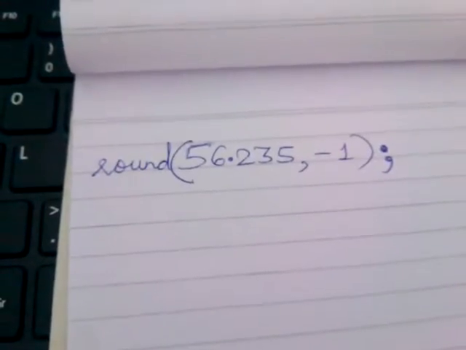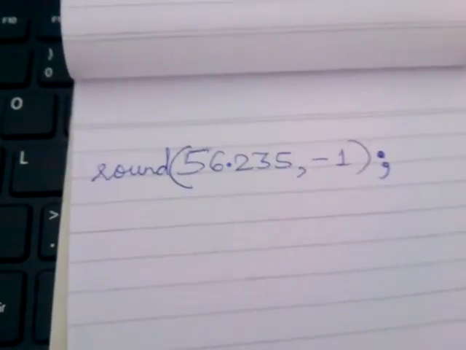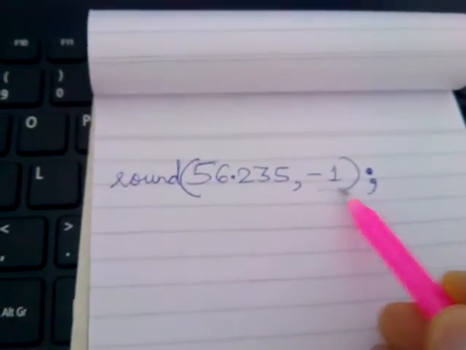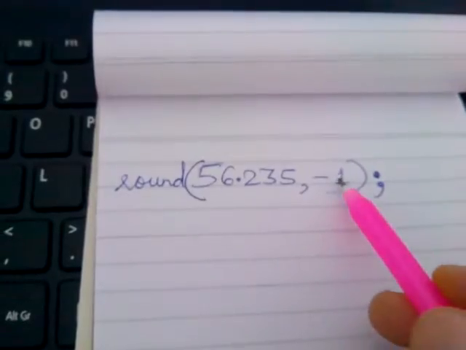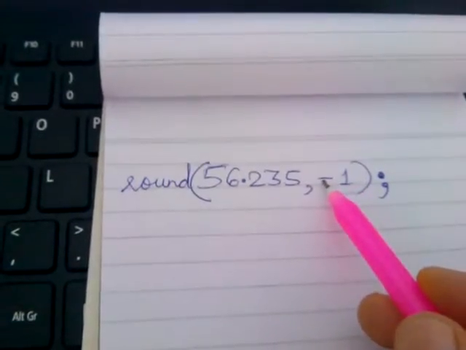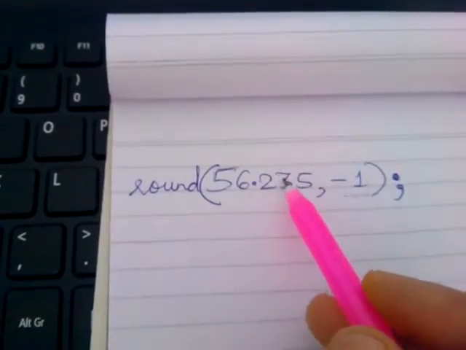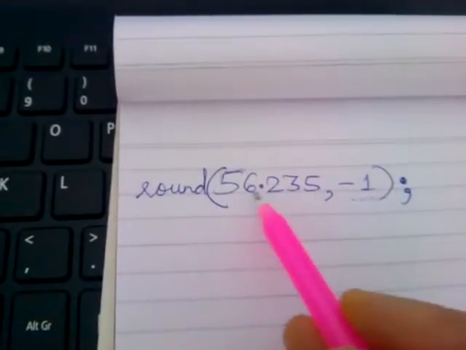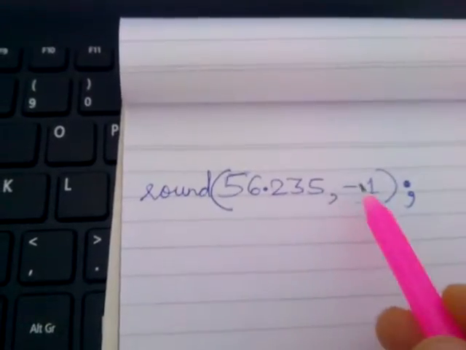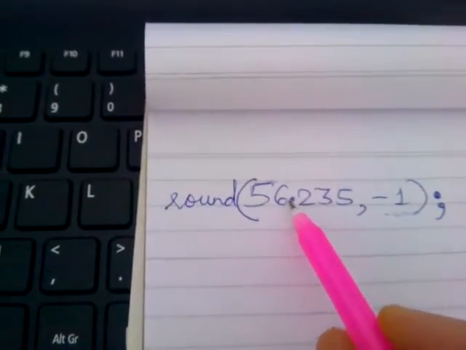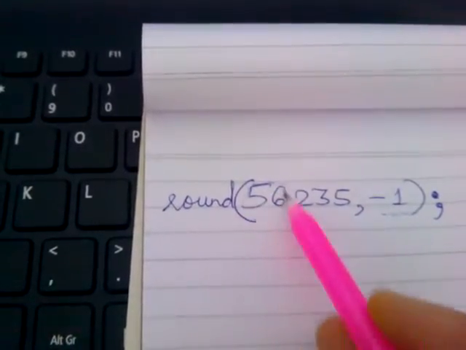Okay, now we are going to deal with the round in which a negative decimal place is given. Just see here what is there. -1 is here, right? -1 means what? This decimal precision is in negative. So if negative is here, what will we do? This is the decimal point. This part is the right part, and this one is the left part. So if negative precision is given, we are going to deal with this left part.